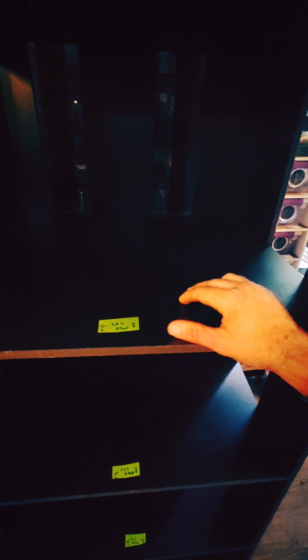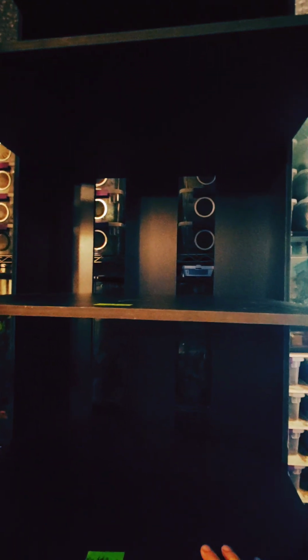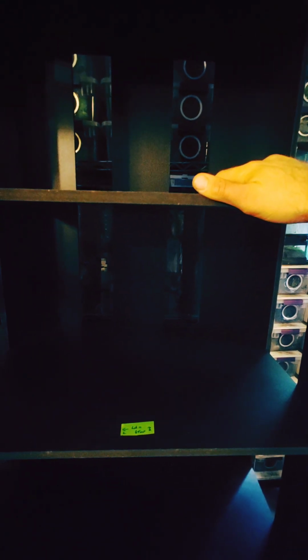I also do custom builds. This one's actually a custom build. This is a 6 high. Usually I just do 5 highs, but as you can see, this one's almost touching the ceiling. So this is almost 7 feet, maybe a little bit more actually. That's probably about 7 feet. So, nice tall rack. You can definitely go